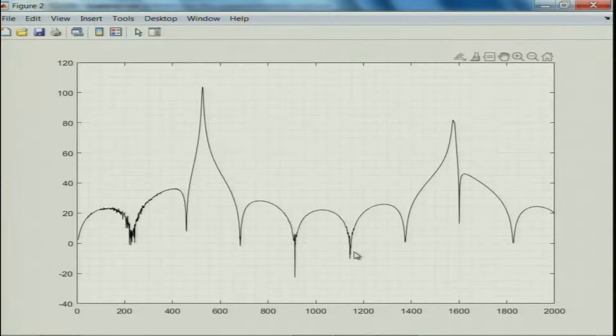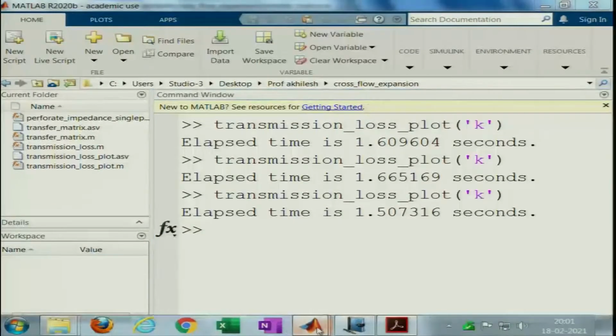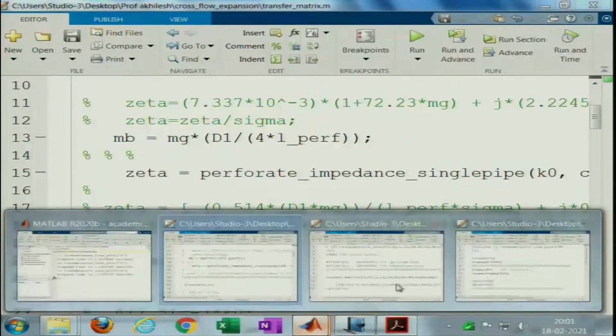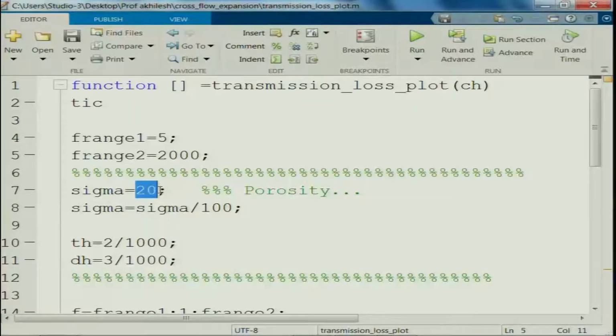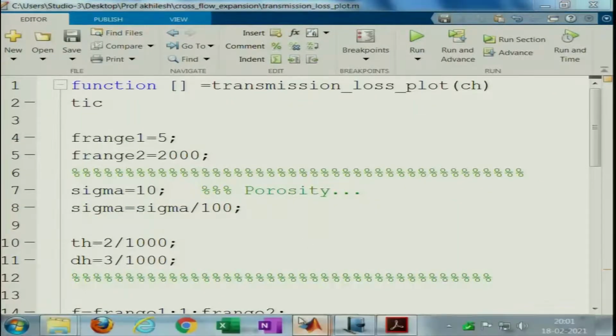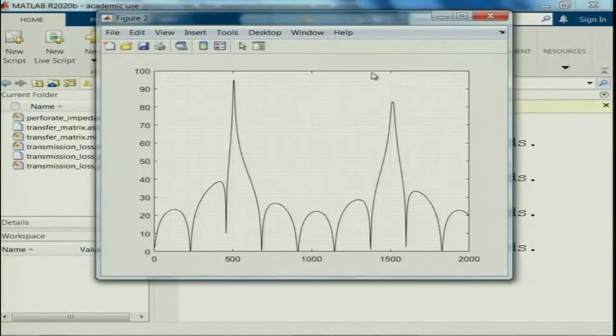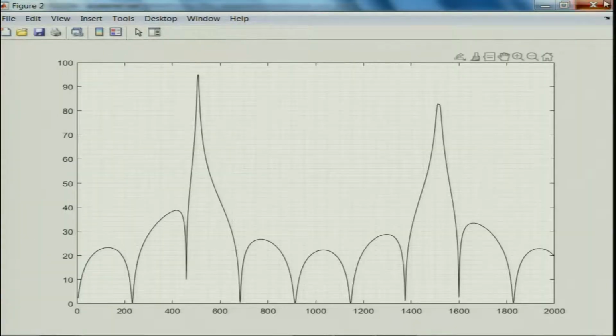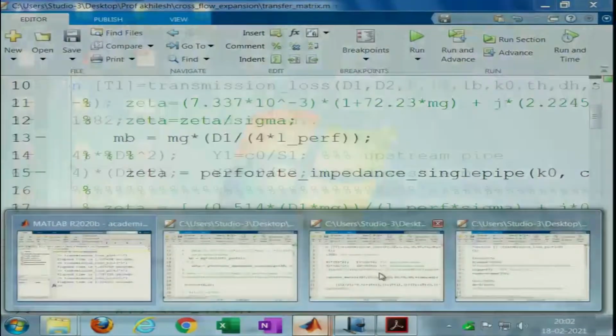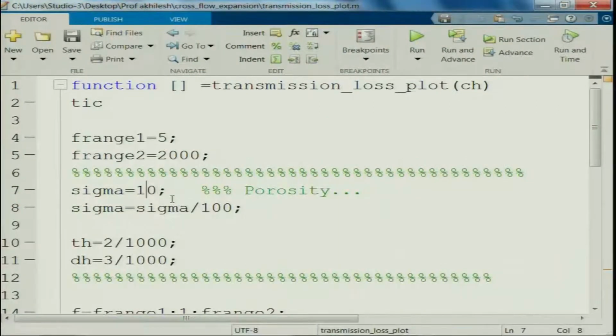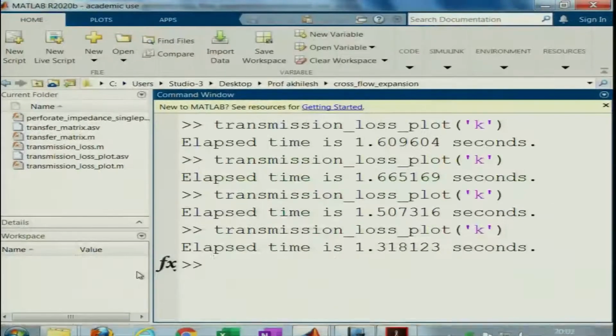So the idea is that these cannot really be negative, they have to be positive. These are all artifacts of numerical instabilities, and if you change the porosity value you might end up with a slightly better result. Maybe if you consider only 10% porosity, let us see what happens. High enough porosity also tends to, yeah, look, it's much better. If you use a 30% porosity here, you will see a lot of wiggle. So this is an issue, although MATLAB is very advanced.